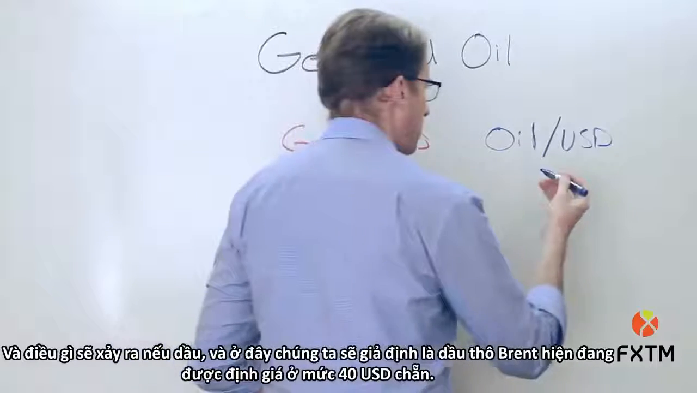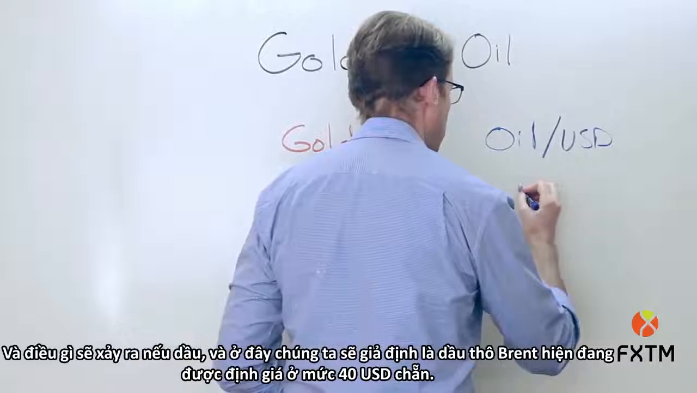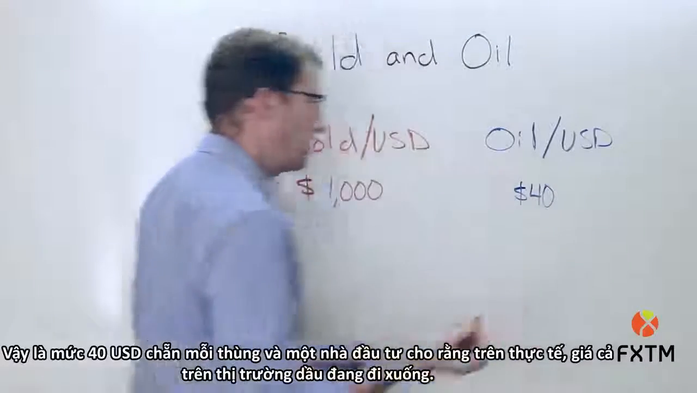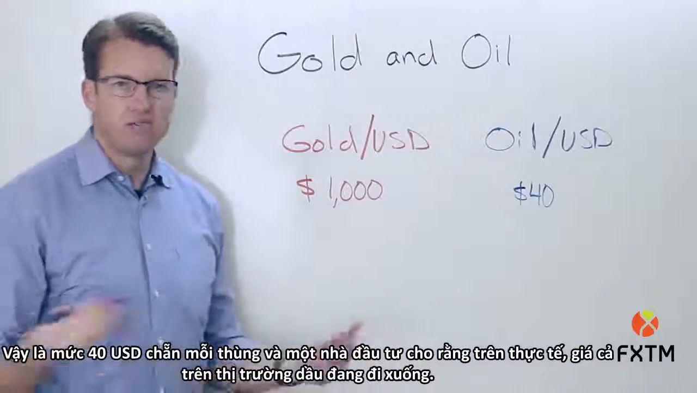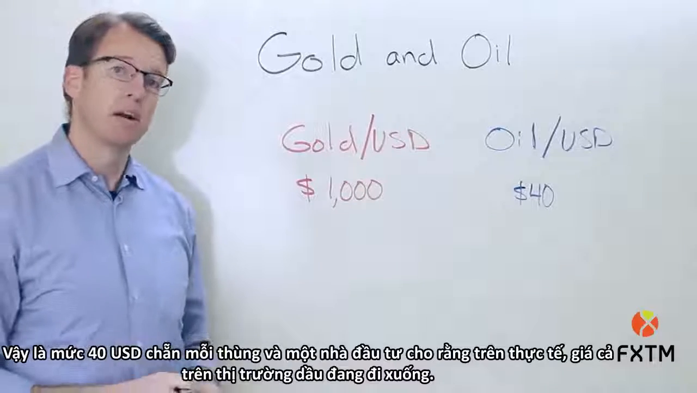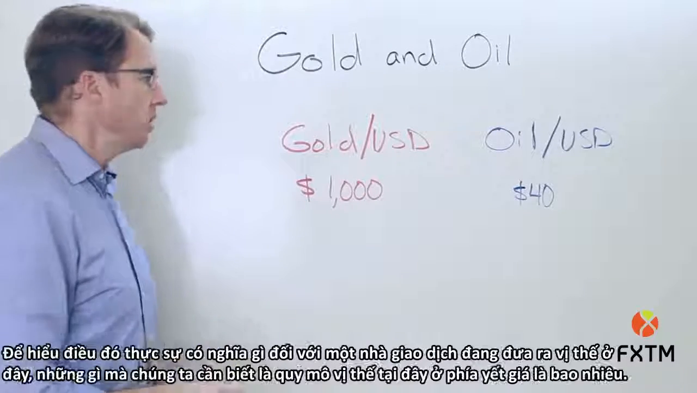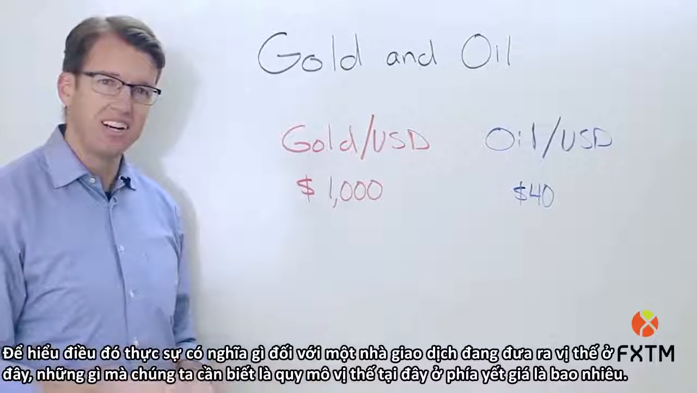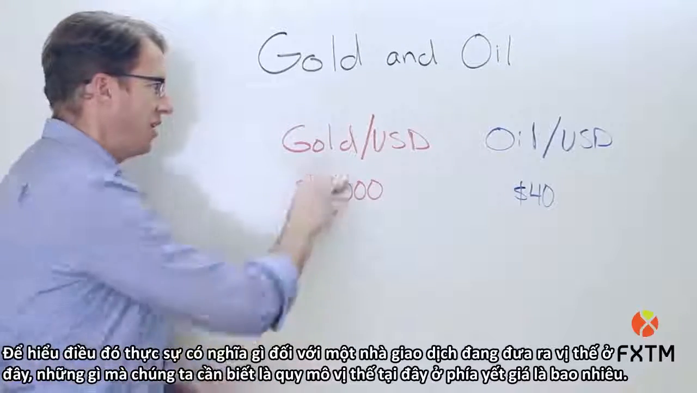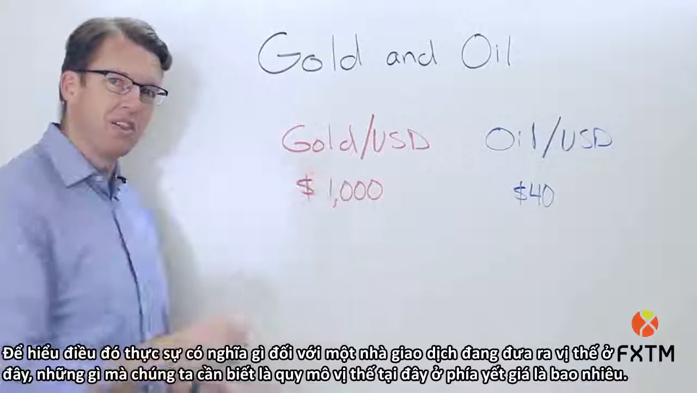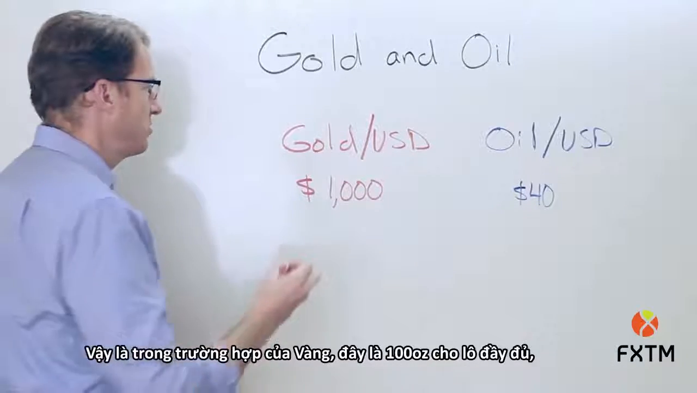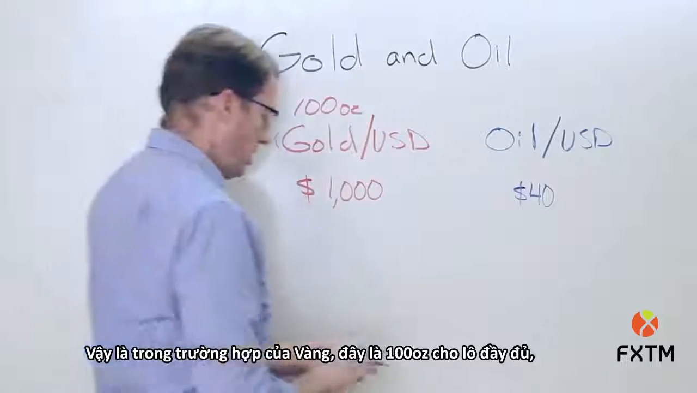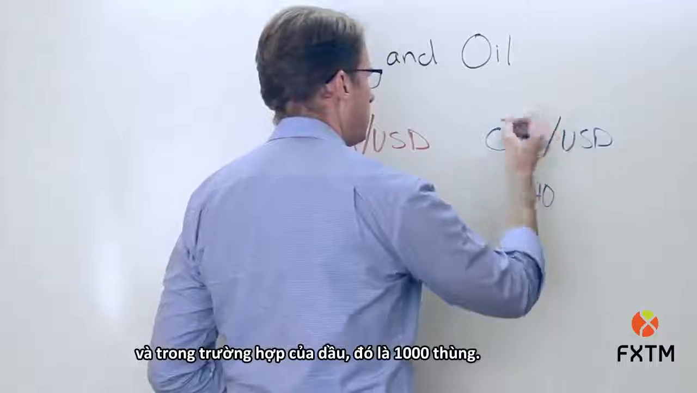All right, and what if oil, and here we'll say Brent crude, is currently priced at $40 even per barrel, and an investor thinks that prices in the oil market are actually going to go down. Well, in order to understand what that actually means to a trader who's taken a position here, what we need to know is, what's the size over here on the base? In the case of gold, this is 100 ounces for a full lot,